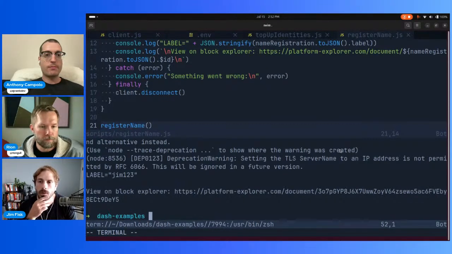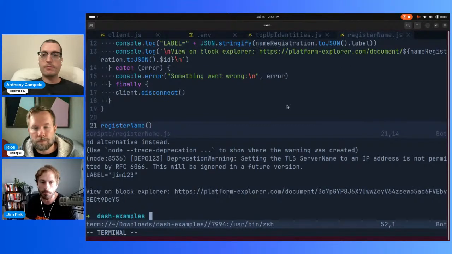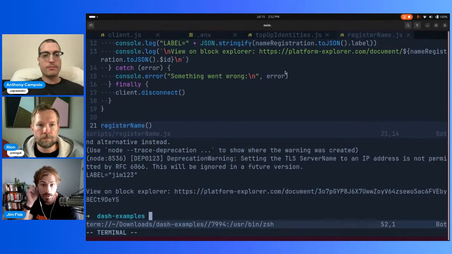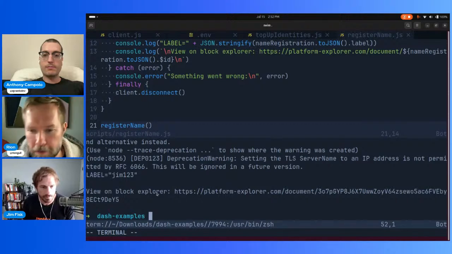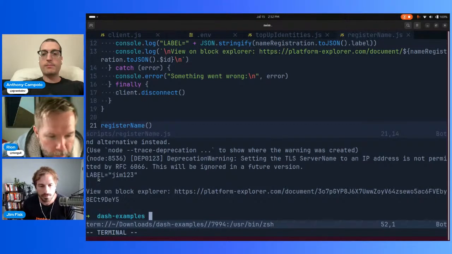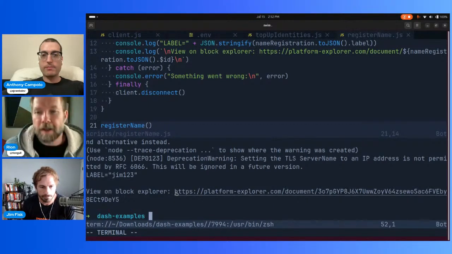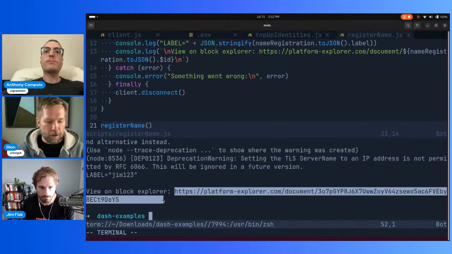And so, just the same way that I ran this register name script, I would potentially use the same mechanism for registering all my users of an application that I might build. Yep. Okay. If in fact you wanted your users to leverage Dash platform as your authentication method, and I've told this to Anthony before,